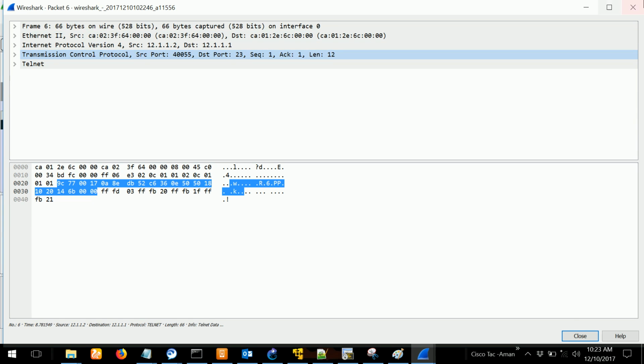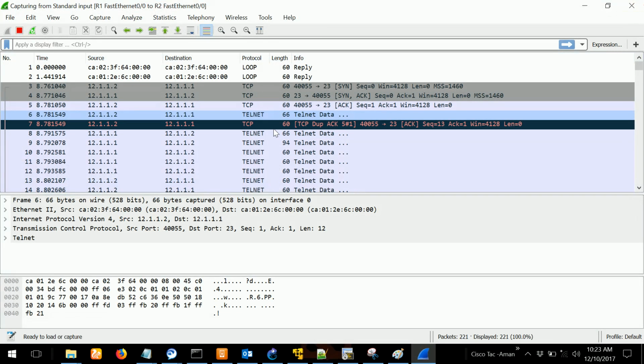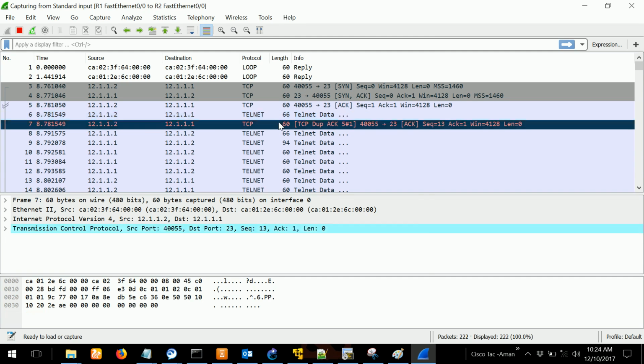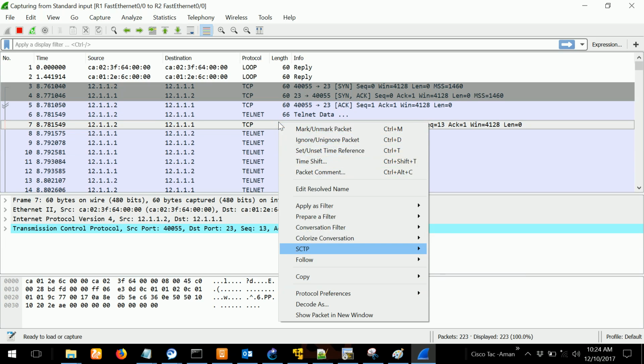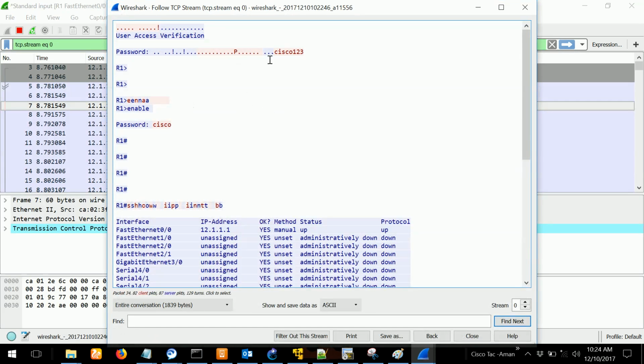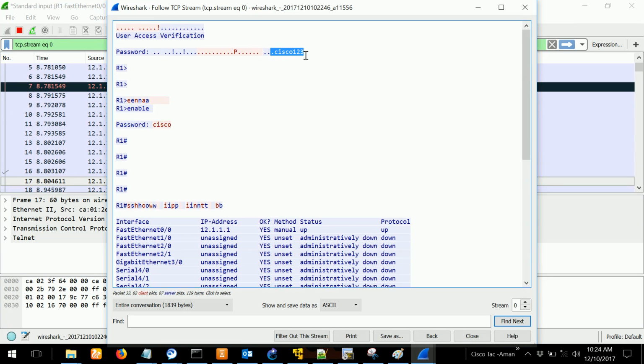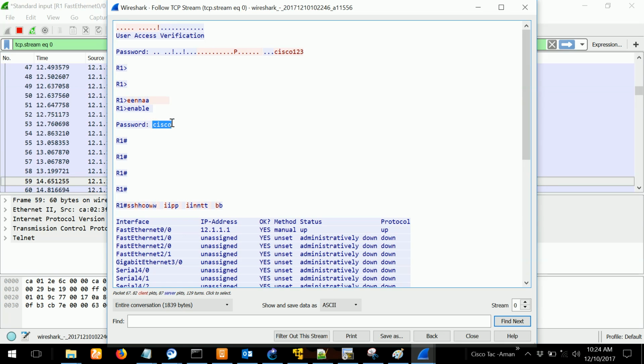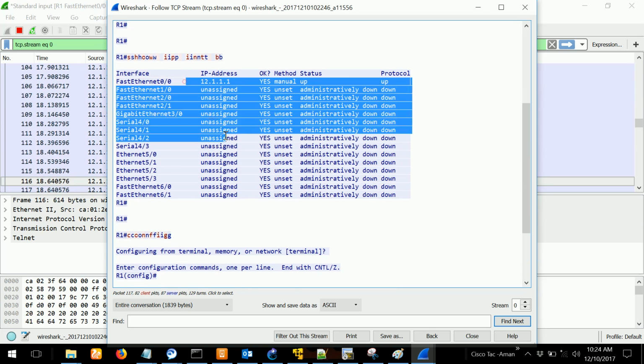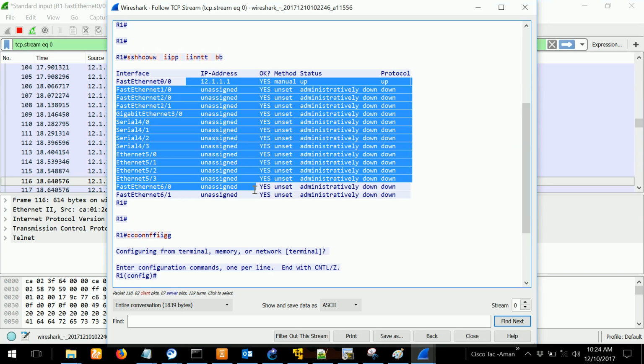Always remember that. Okay, so telnet traffic goes in plain text. If somebody is sitting in between, capturing all your data, sniffing the packets with a tool, Wireshark or some other hacking tool, they will right click here, follow TCP stream, and look what I can see. It will show me my telnet password. It will show me my enable password. And more than that, whatever command you do, it will show you all the commands. All my config, all my passwords he will be having. No security at all. Just capture the data in between somewhere and open it and see whatever you like.